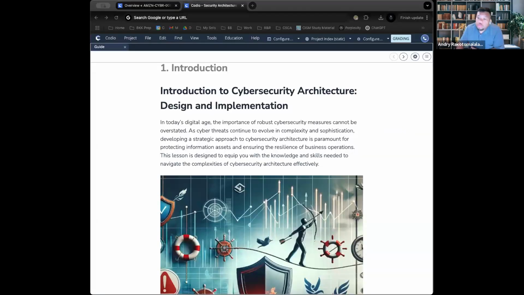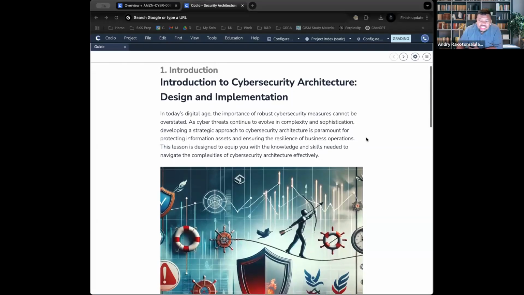So the first thing that we want to do is reiterate what exactly security architecture is. As a reminder, when we're talking about security architecture, it defines how an organization protects its assets. Remember how last class we said it's the how? Well, in this case, it's still the how, except we're going to dive a lot deeper into the intricacies of the how, I guess you could say.